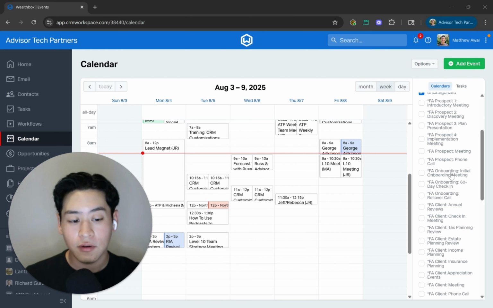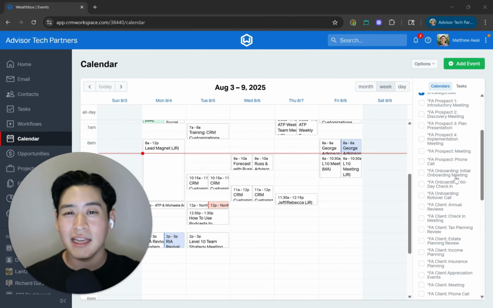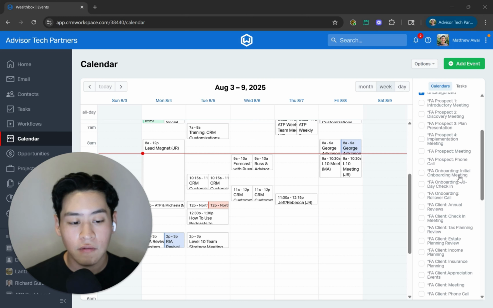But we see a lot of firms starting to implement this initial onboarding type of meeting, where they have essentially opened up some accounts, maybe established a client portal, and then they'll want to meet back up with their client just to make sure that any final paperwork that needs to be signed, any final accounts that need to be pushed over, happens during this scheduled meeting with a new client. So I went ahead and created this event category here for this initial onboarding,